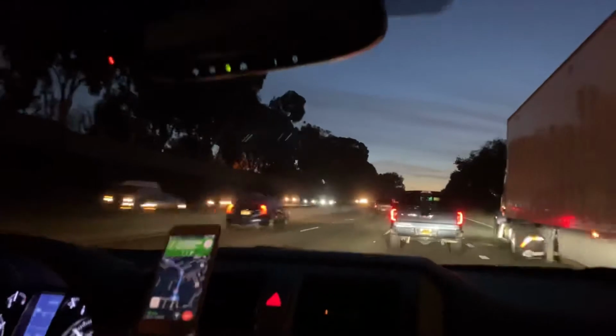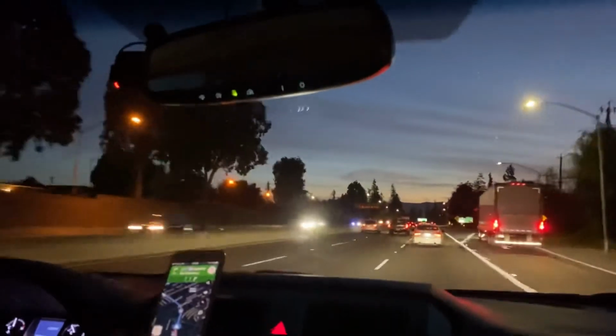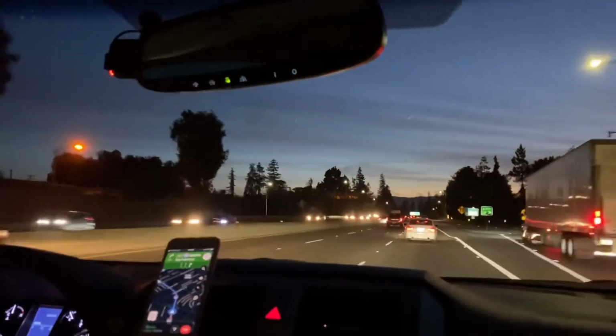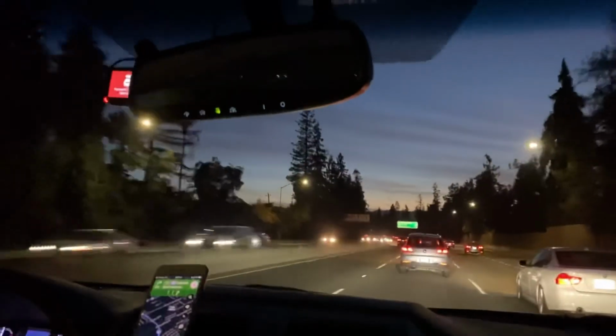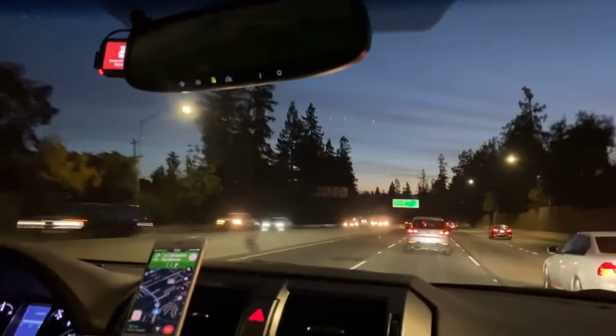Now I'm getting closer to the front vehicle, so it's giving me an alarm. Accelerating, and then it's allowing me